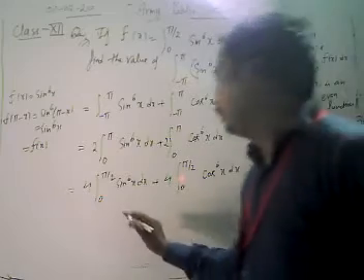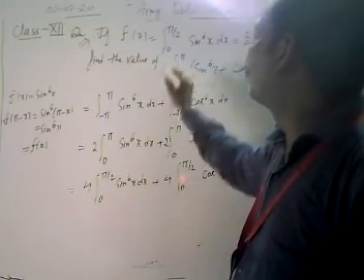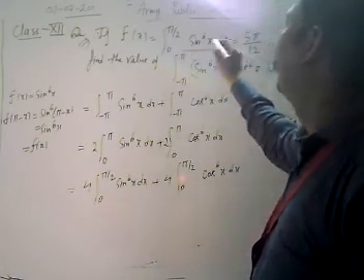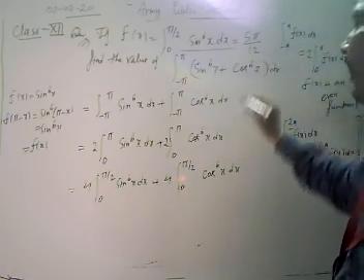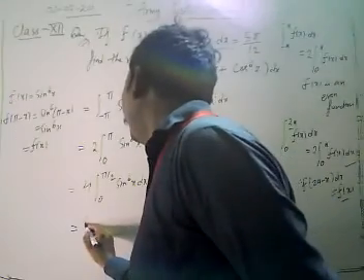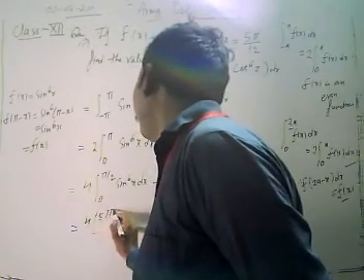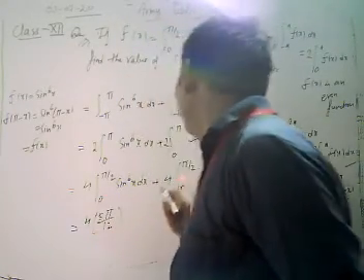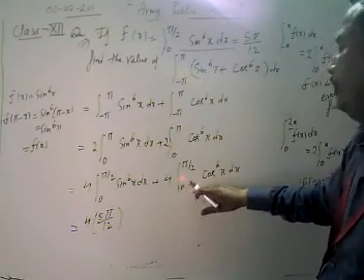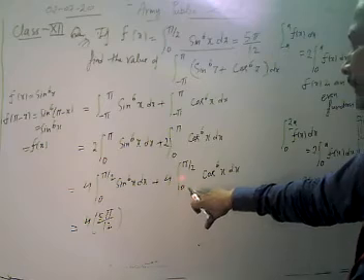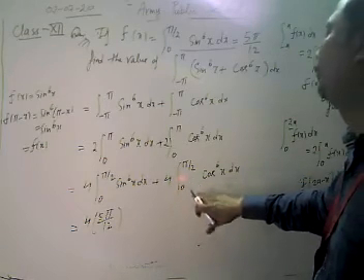Now look, the integral from 0 to pi by 2 of sin to power 6x dx has been given as 5 pi by 12, so we have 4 into 5 pi by 12. Now we have to find out the value of the integral from 0 to pi by 2 of cos to power 6x dx.